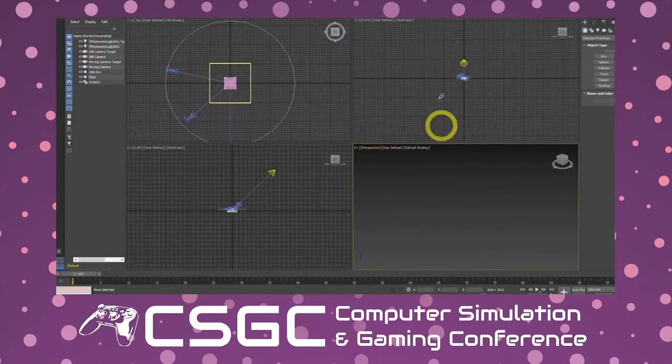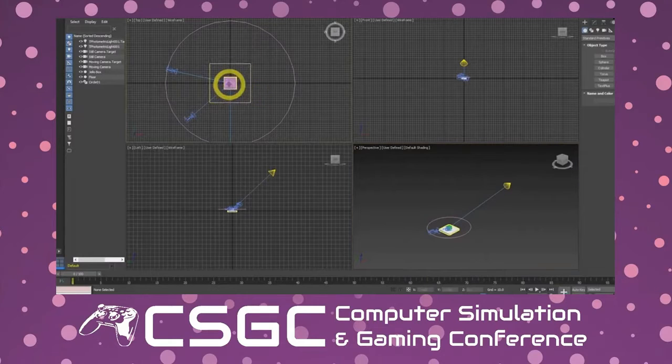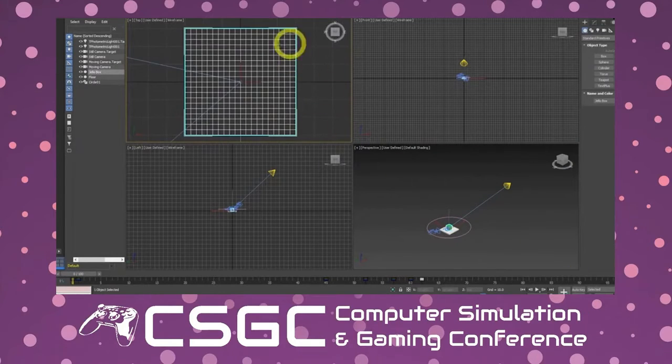If you do find that you have really changed your views and you can't see your scene correctly, one of the best things to do is the zoom extents selected or the zoom extents all. Zoom extents selected will zoom in on whatever object you have selected. So let's just say that in this window I have selected the cube and I do zoom extents, and now I have zoom extents on that object. And again, it's only doing the active viewport.